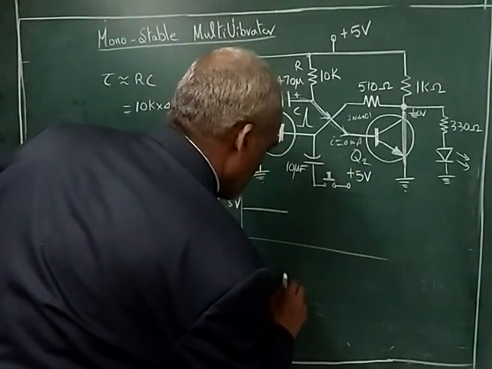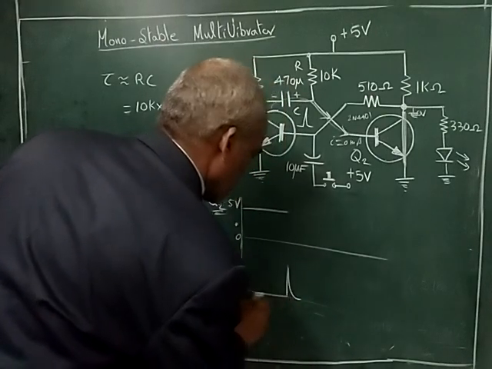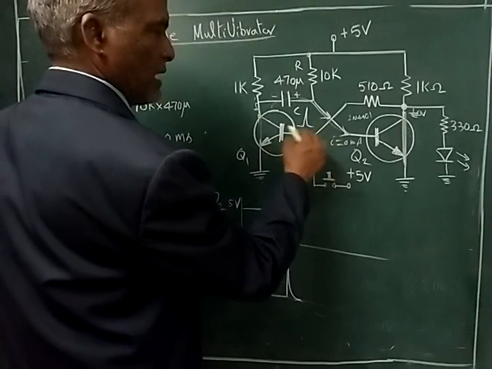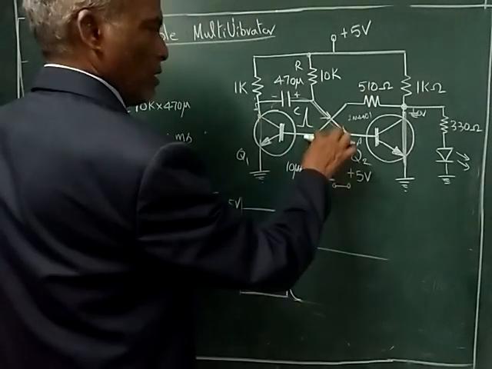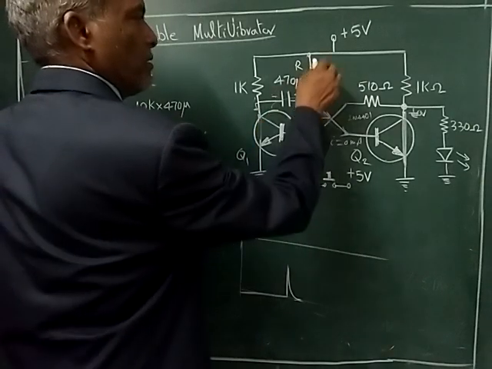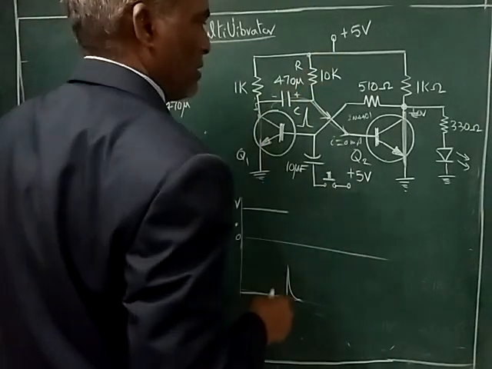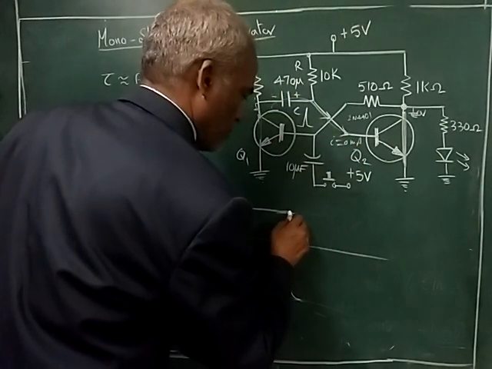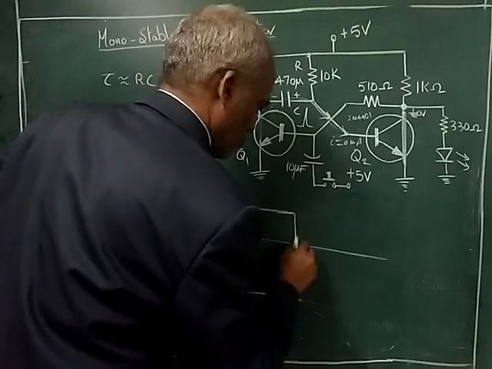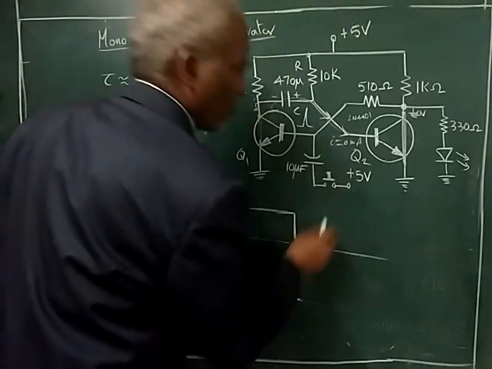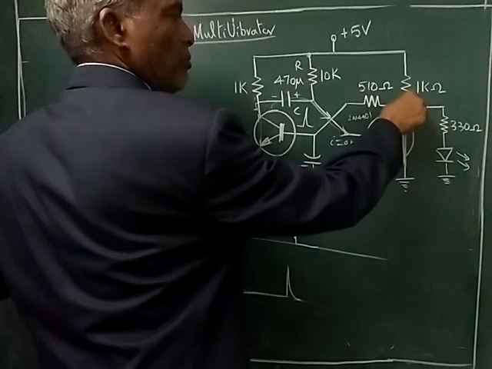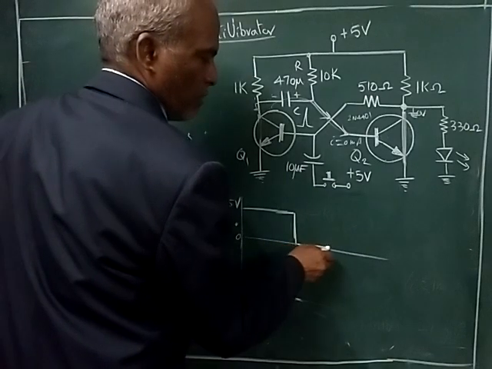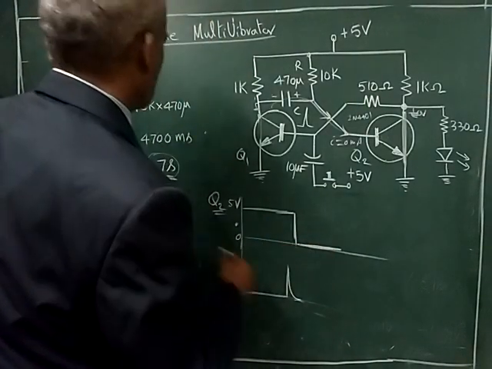At this point, you are giving a trigger pulse. This trigger pulse, how you get? When you press this, this transistor Q1 will see this trigger pulse. The moment it starts triggering, this will go into charge. And once it reaches a certain voltage, it will drive it. So after some duration, this Q2 goes into off. Why off? This goes into saturation. The voltage between collector and emitter is 0. And it will be in this position up to this time constant 4.7 seconds.